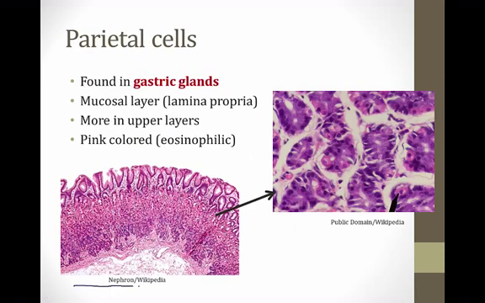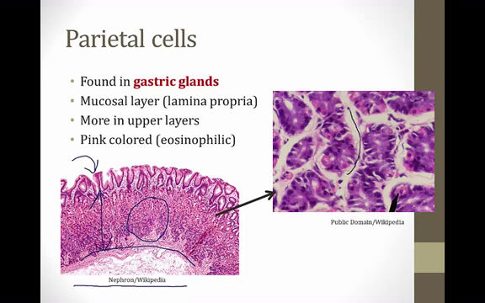Shown at the bottom of this slide is a picture of the mucosa layer of the stomach. This is the muscular portion of the mucosa layer. The epithelium lines the top, and everything in the middle here is the lamina propria. And all these channels and cells in the middle here are called the gastric glands because they secrete gastric juice into the stomach. And if you look in the zoomed in picture over on the right, you can see that